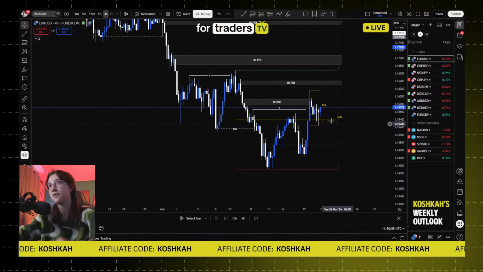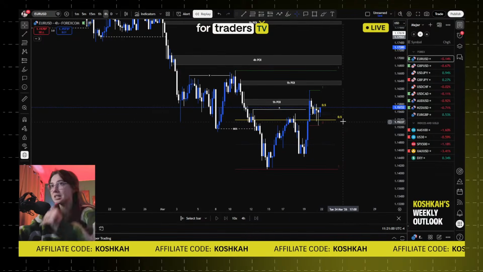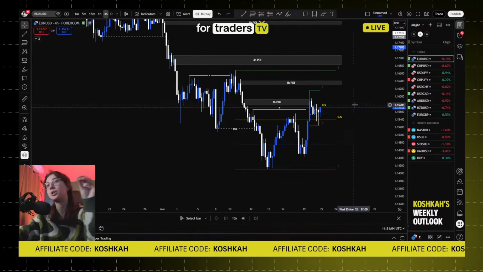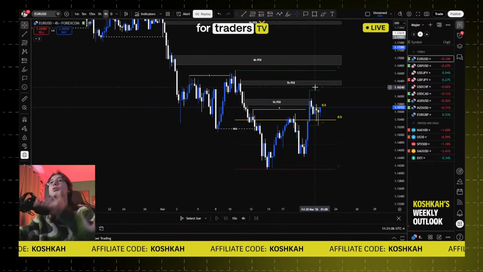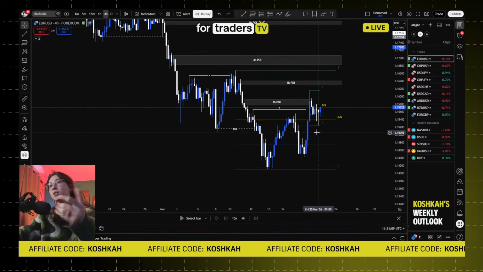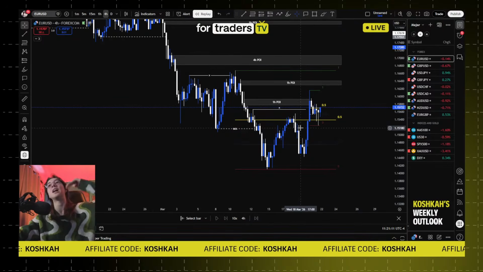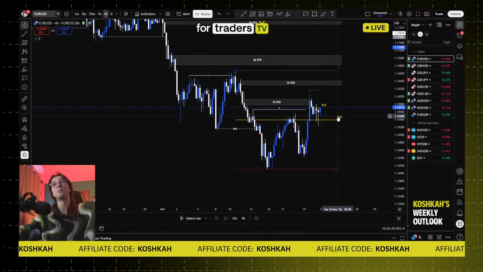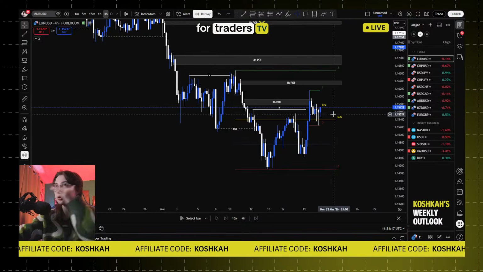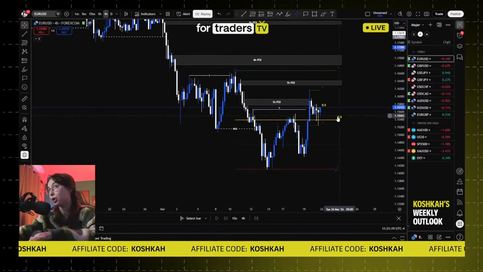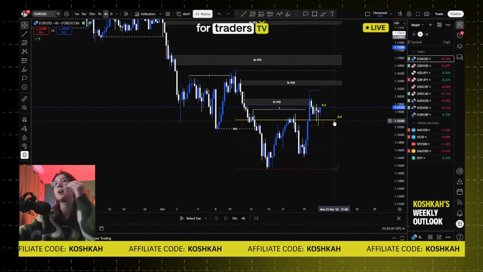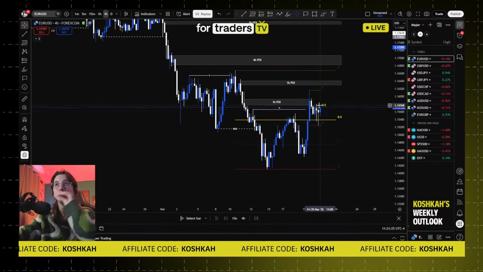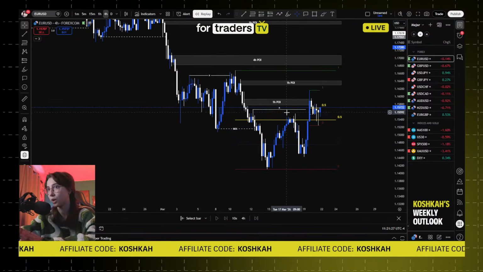Why do we want to identify only POIs in premium and not in discount, so below the 0.5? It's pretty simple. As we're looking for a sell, you don't want to sell too low. If not, price might continue to have a deeper pullback and mitigate the POIs and the zones upside, and then you're going to get stopped out too early because you entered too early. So that's why we're not going to identify points of interest below the 0.5. That's too low for looking for a sell in your range.